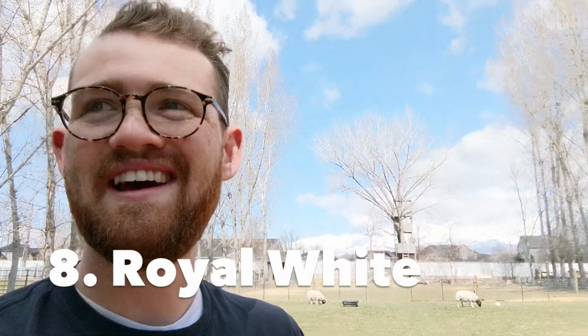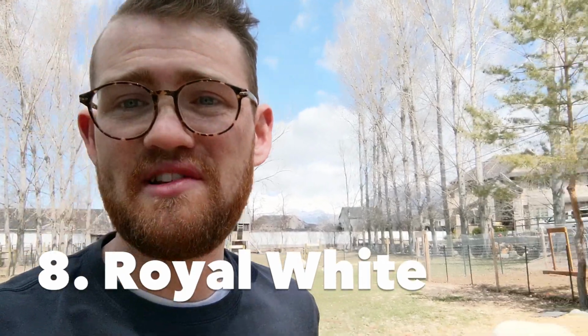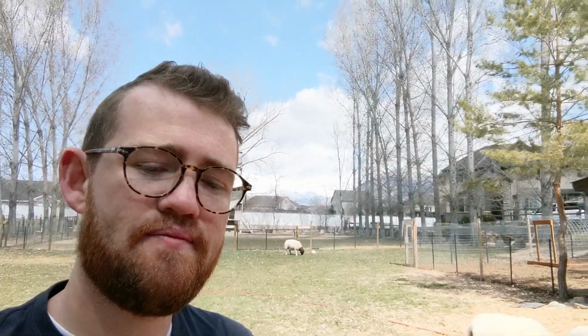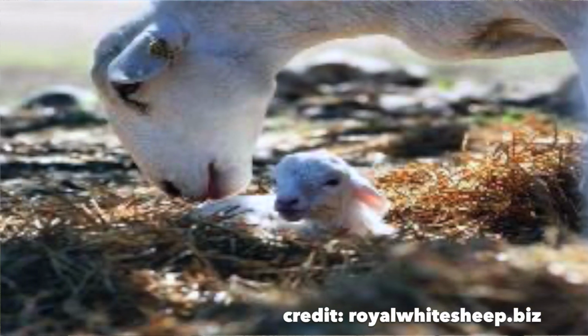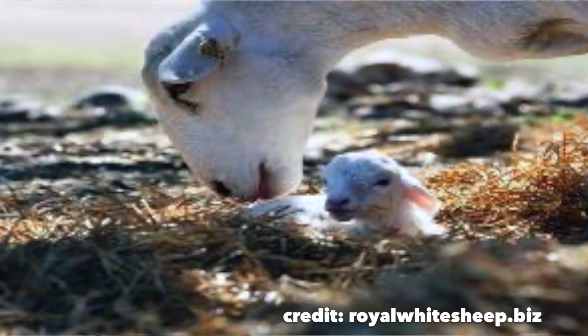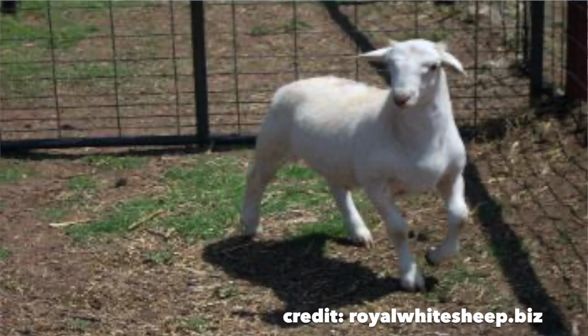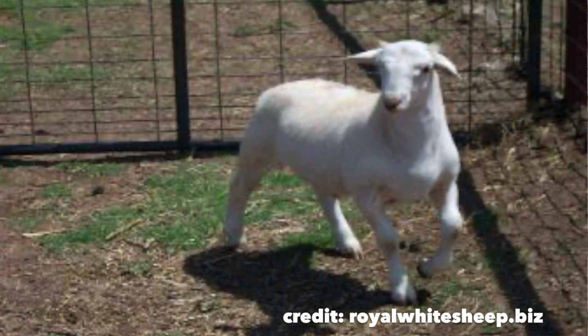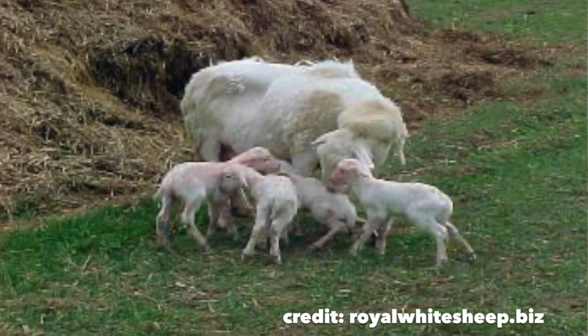Okay, speaking of the St. Croix and the Dorper competition, let's talk about the Royal White. This is the one sheep I had not heard of until I started doing the research for this, which probably means it's not that popular of a sheep yet. But the Royal White is a cross between a Dorper and a St. Croix. So you're going to get the meatiness of the Dorper and the resistance of the St. Croix. The goal of the Royal White has been to produce a leaner meat with a higher carcass yield with